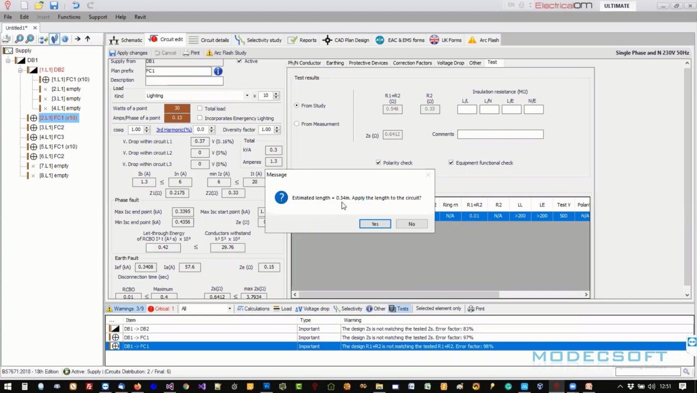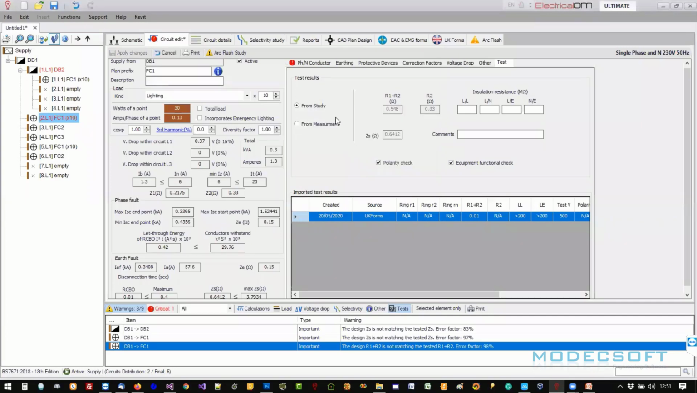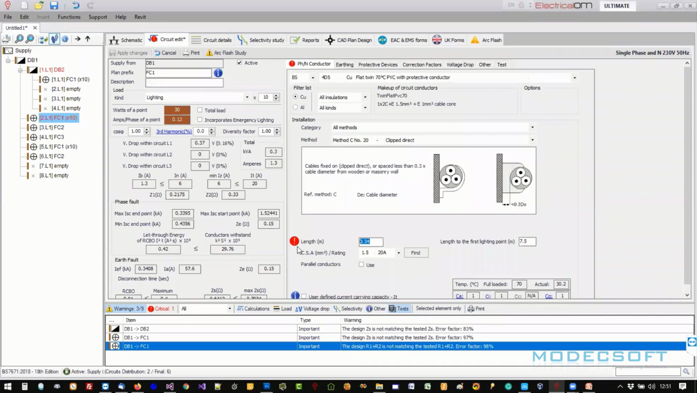The actual length that the circuit is actually is. So this is quite less than a meter, of course, because of this low resistance. And of course, you can apply that there as well for the first, the length of the run for the first lighting point. So it's not matching, based on the design parameters here, but